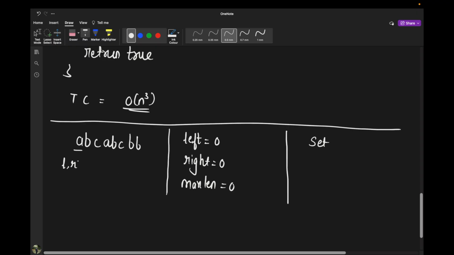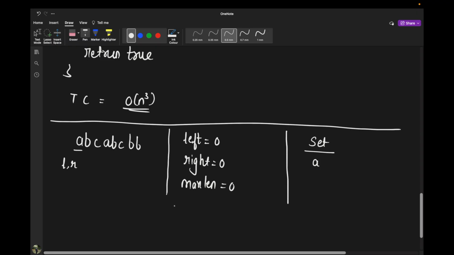When my right is at A, I'm going to check whether the particular element present at right is present or not in my set. Since the set is currently empty at the start, we are going to add this element A. Once we have added this element, we are going to check for the max length. Since my max length is 0 now, and now I have added A,